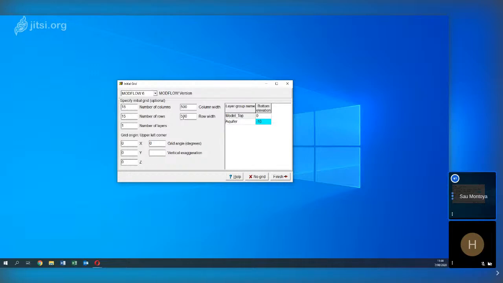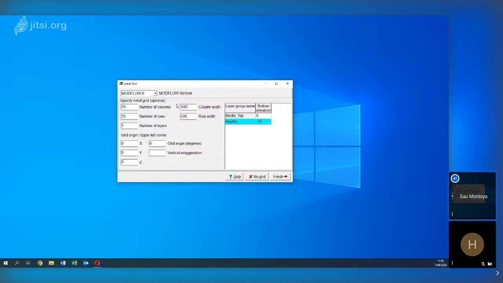Okay, so you can work with a column width of 5, or in this case a column width of 500. Okay.